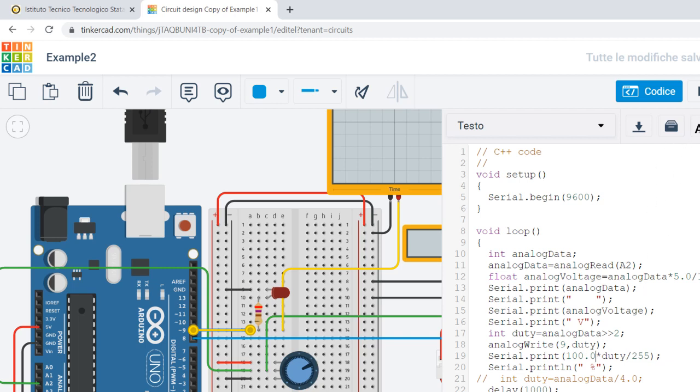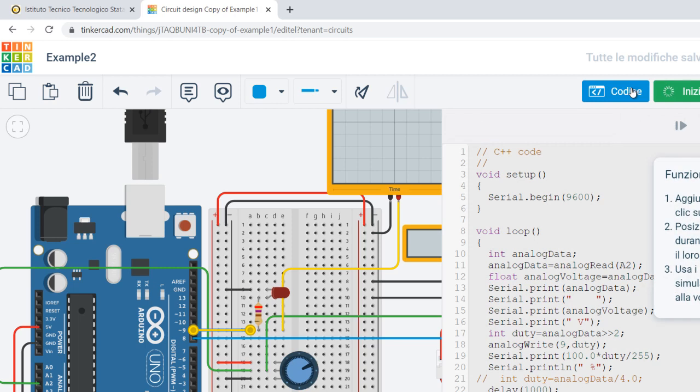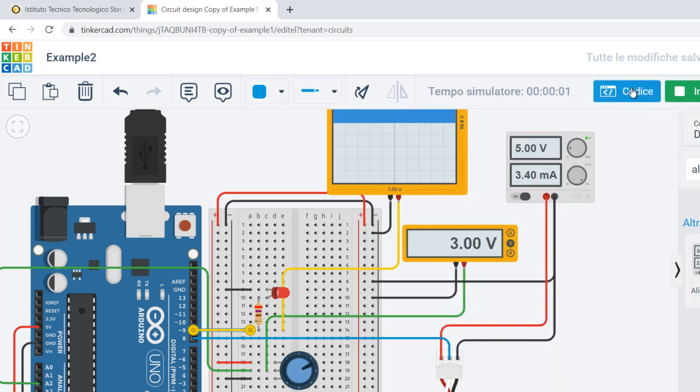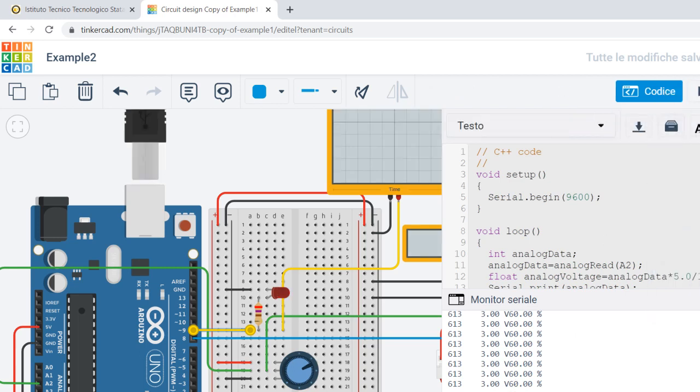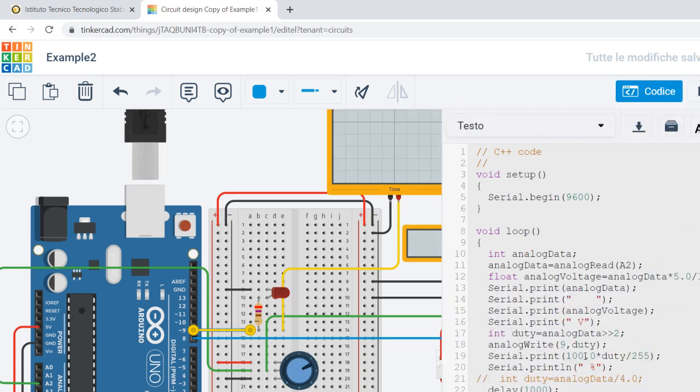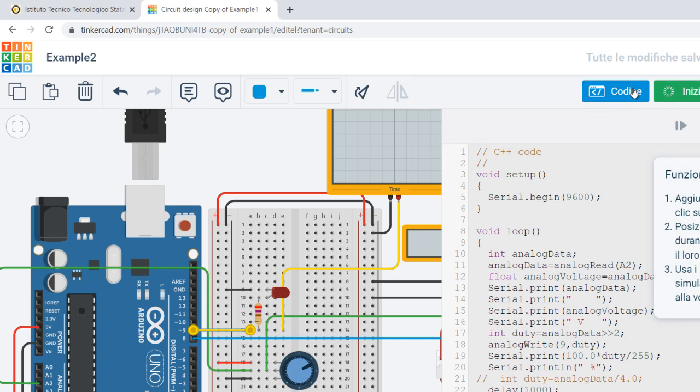Okay, let's see how it happens. So what we read, there is a space we have to add here because we read the voltage and the duty exactly attached to the voltage. So the space is done adding some spaces here. Okay. Now we can restart the simulation